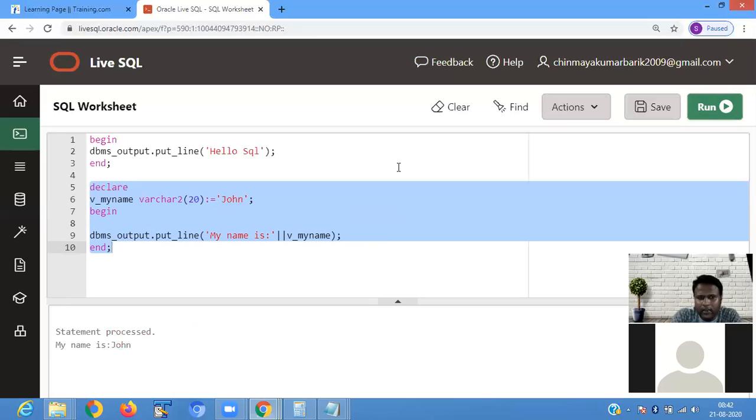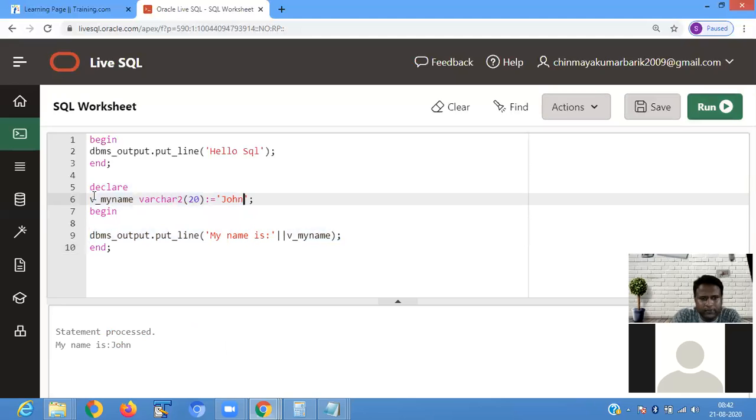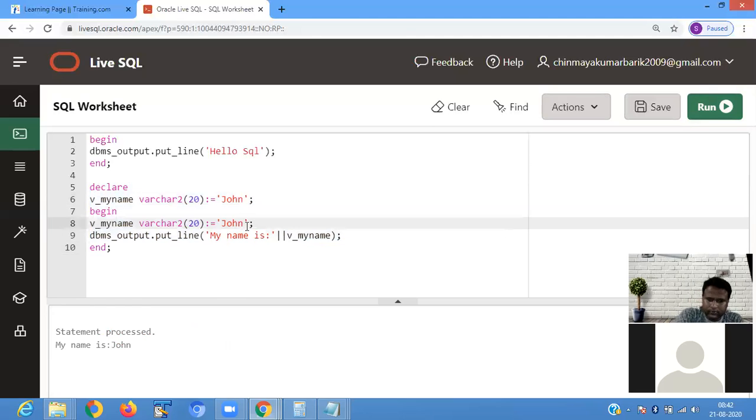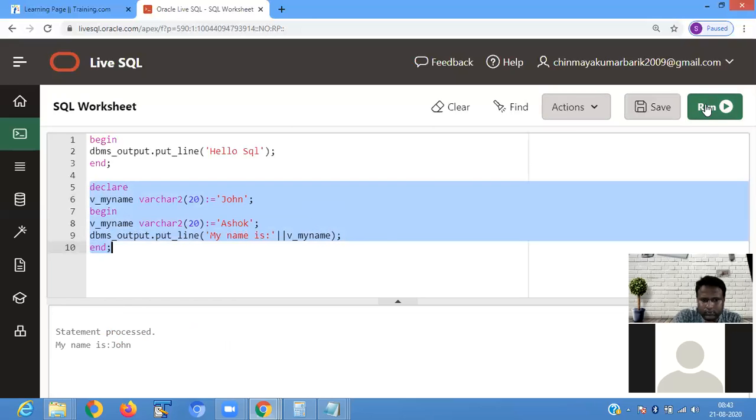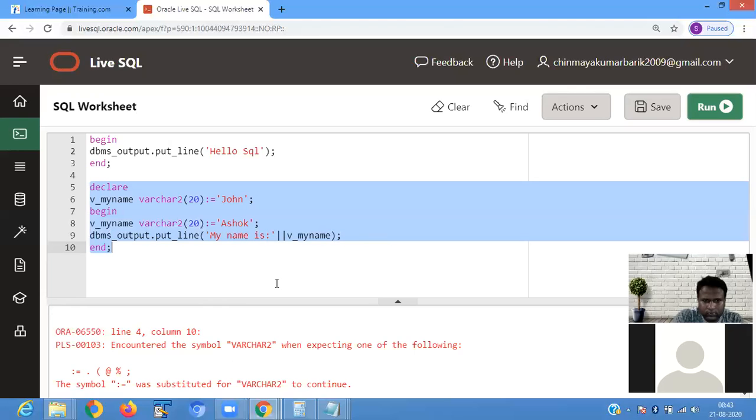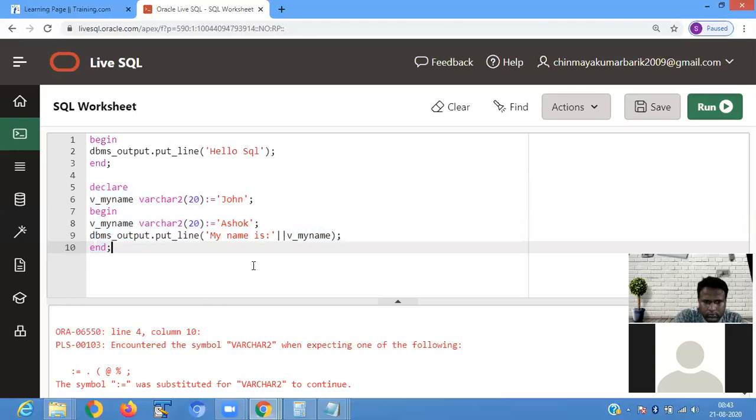So we are defining a variable varchar2(20) John, and here we display. Now what happened? We define the same variable inside the block and pass another value, 1234.